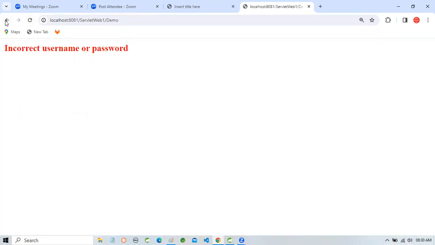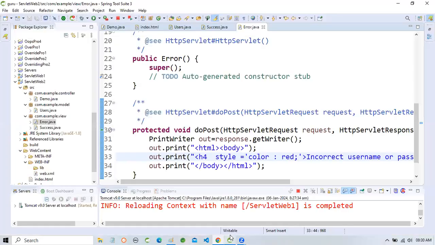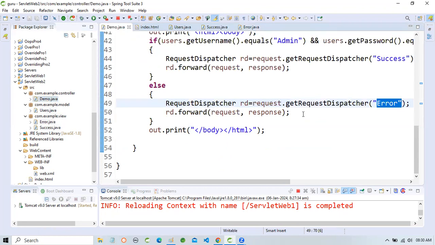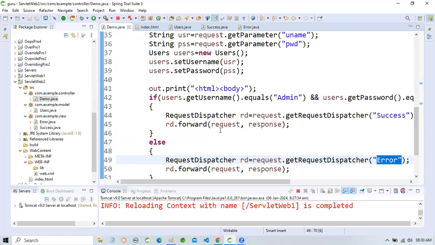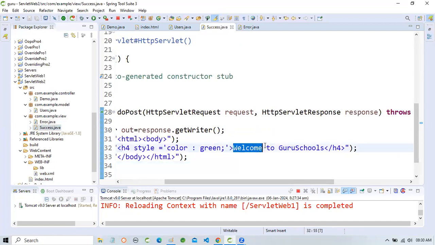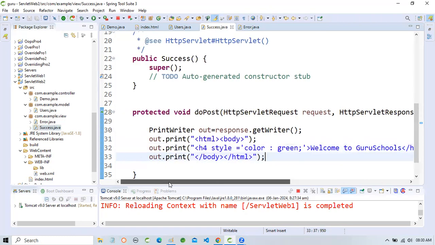Incorrect username or password. Okay, but suppose we want to use name here. Actually, here I have username, and in success we want to show the name of the user: welcome and that particular username. Suppose we want to show this. So we have need of the username. So for this purpose,